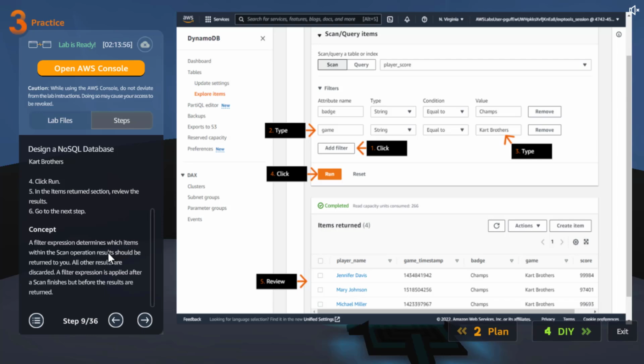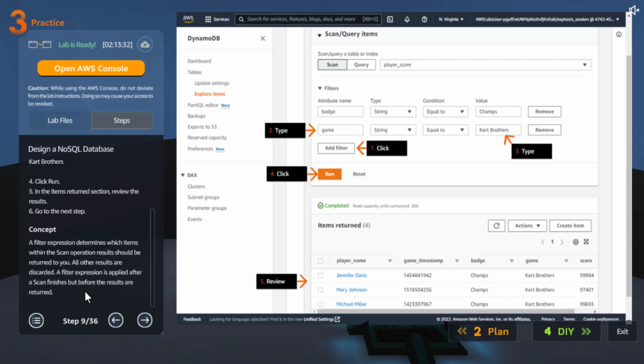A filter expression determines which items within the scan operation results should be returned to you. All other results are discarded. A filter expression is applied after a scan finishes, but before the results are returned. This is important because this is a certification question they will ask you. What they are trying to say is, whether you apply filters or not, it is going to do the scan first. It will go through each record first.